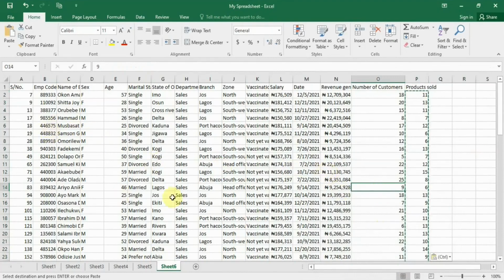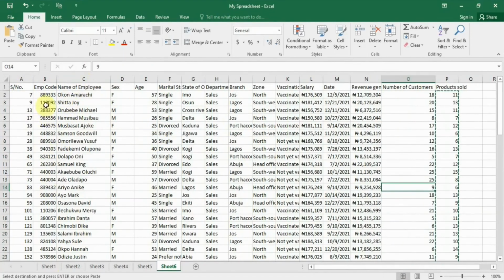Okay, so it be like say we don create a new table of salespeople. So we have our serial number, employee code, the name of our salesperson, sex, age, marital status, state of origin, department, branch, zone, vaccination status, salary, date, revenue generated, number of customers attended to within the period, and the number of products sold. So we want to create pivot table for this